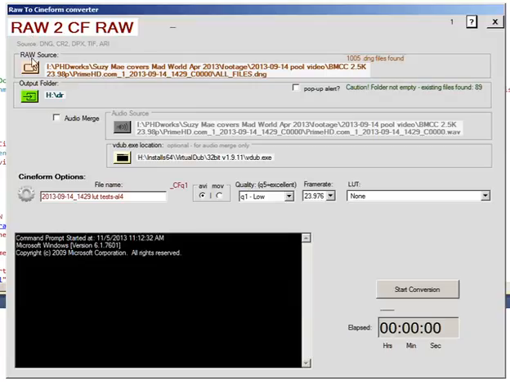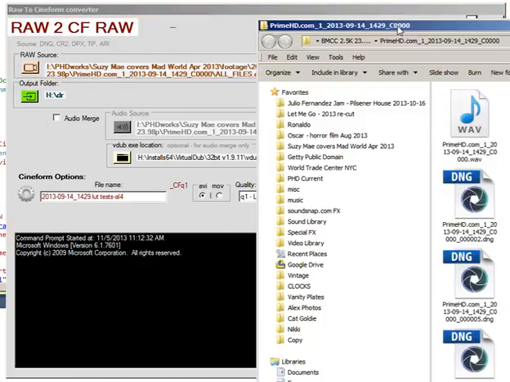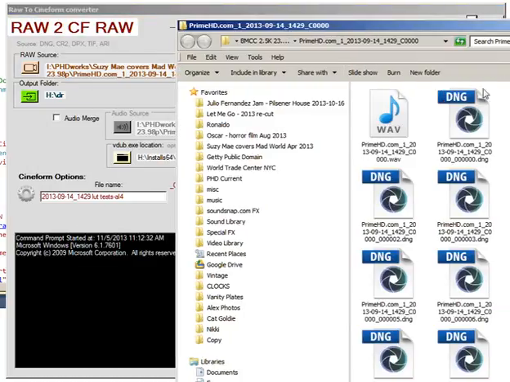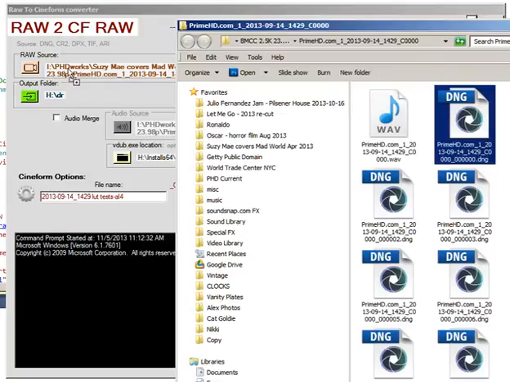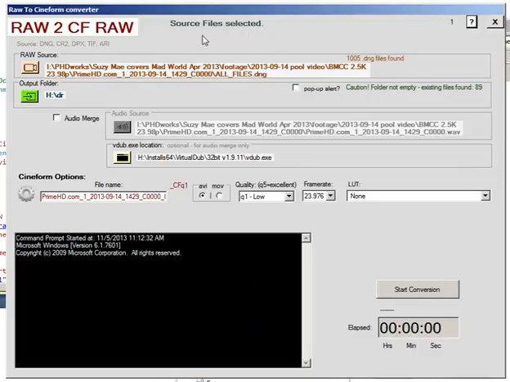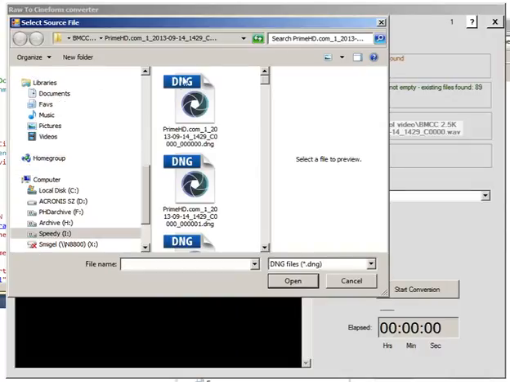Okay, so the workflow goes like this. You define the source file for the raw source sequence, and you do that by dragging and dropping the DNG file from your folder onto this field over here, and you drop it, the program accepts it, it sees source file selected. Or you can use the Windows Explorer and just click on that button and navigate to the raw